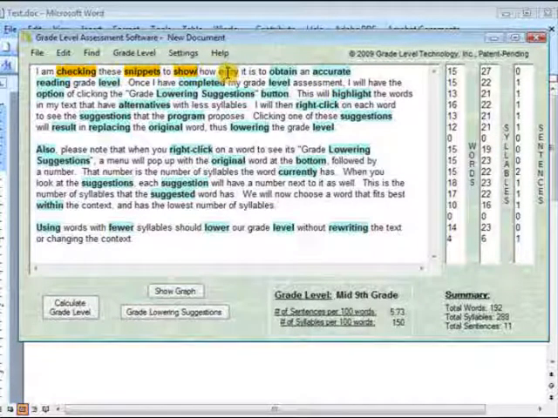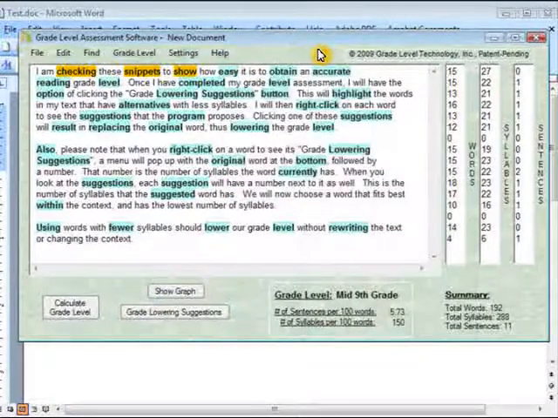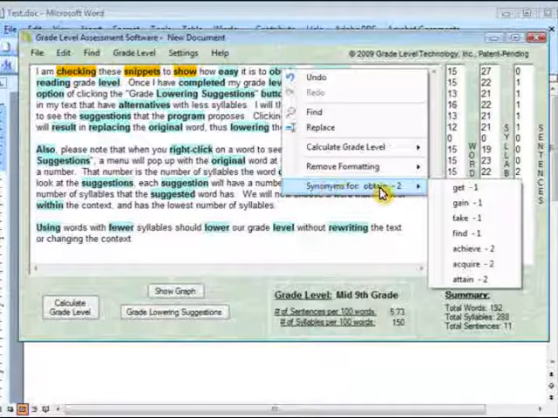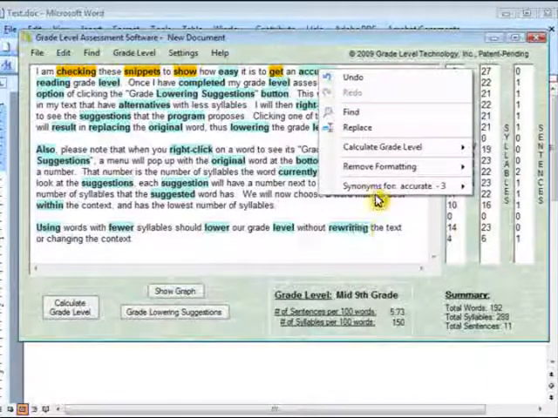How easy? Let's right-click on easy. Synonyms for easy. After reviewing these, I think we actually would like to keep easy and not change it to anything. So we'll just click out of that and keep easy as it is. Now we have obtain. We will right-click on obtain, scroll right over here, and change obtain to get, which is 1 syllable. We will do the same thing for accurate,